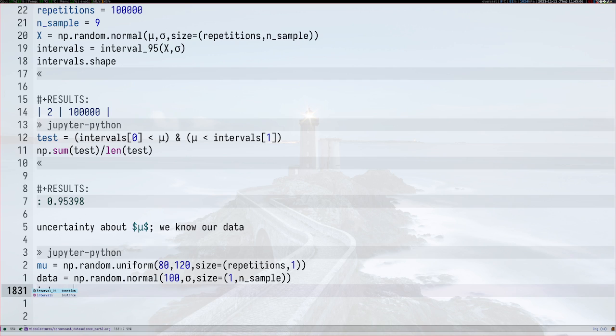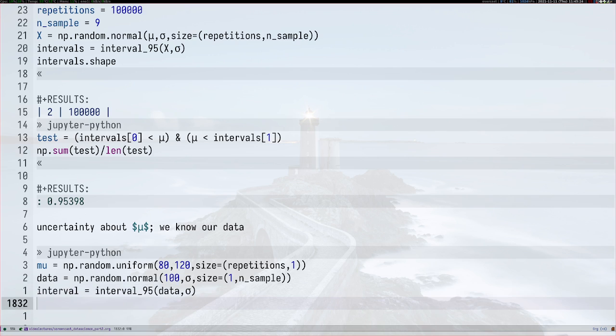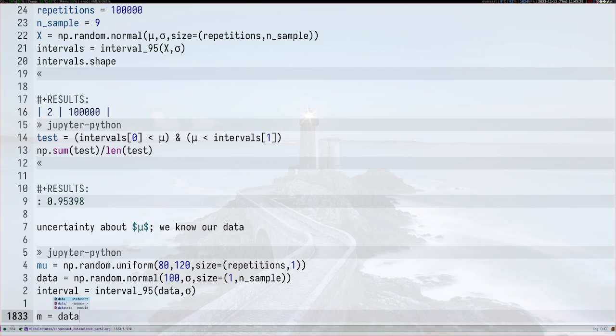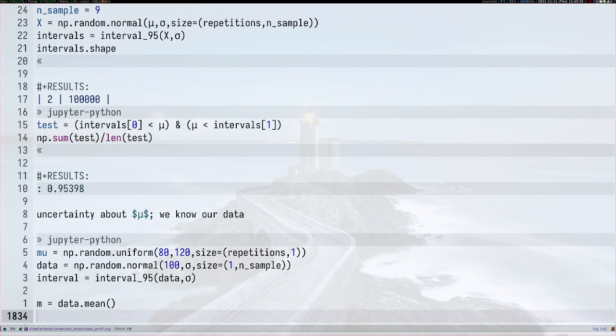So now I can calculate the interval. So this here is interval, not with an S, because there's only one interval. And that's going to be interval_95 with data and sigma. Then M is going to be the mean of our data. And Y is going to be